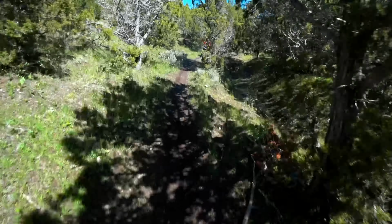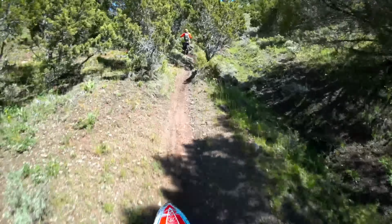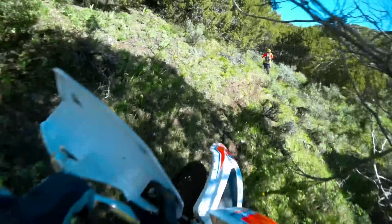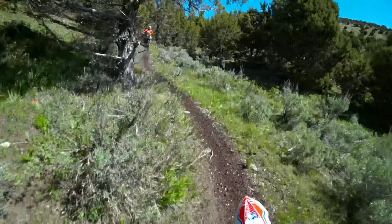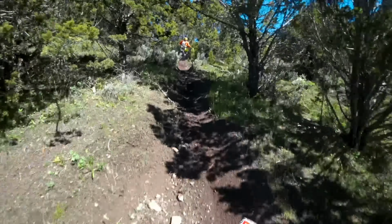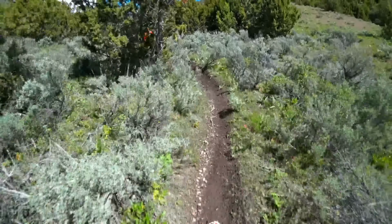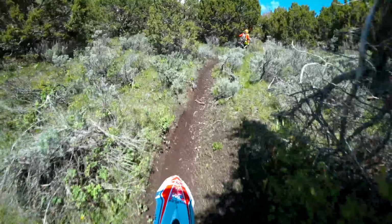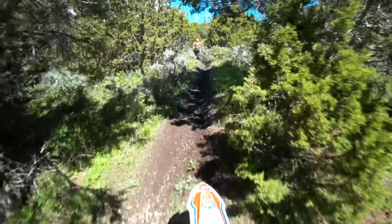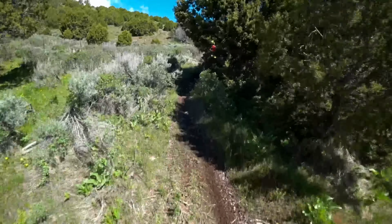in full disclosure, I took the stock tires off. I had so much time getting this bike ready. I took the stock tires off of it, put on some tires that I know how they perform, and I installed tubeless on the bike. I'm really glad I did, because